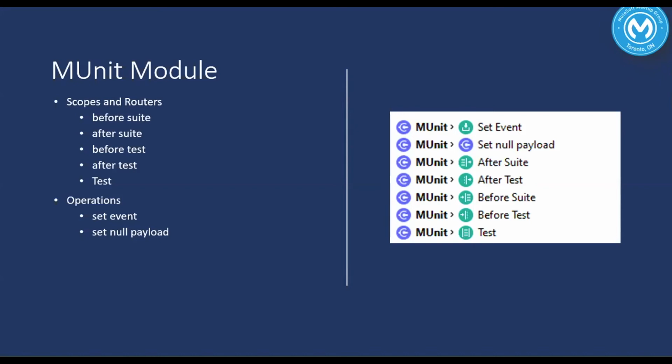And we have the operations, set event and null payload. These will be used to set the payload. These will be used to set the event, and to nullify the payload, you can use the null payload one.